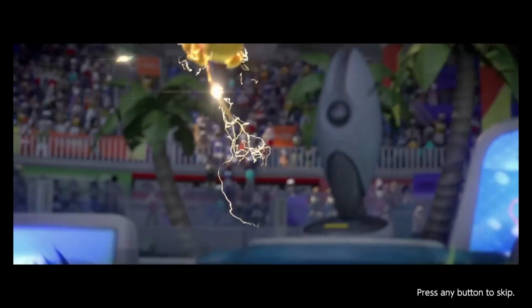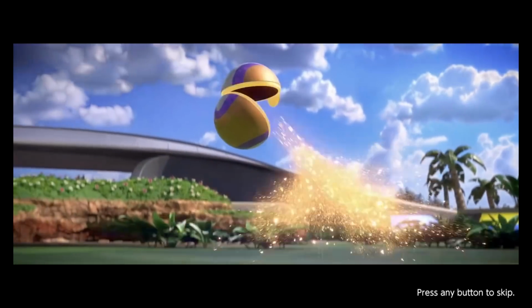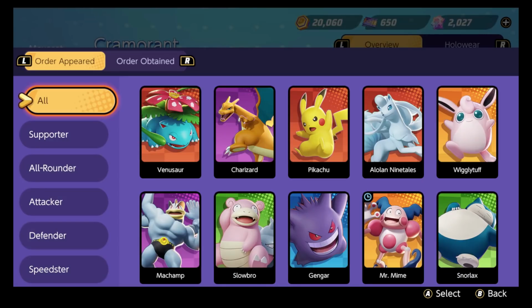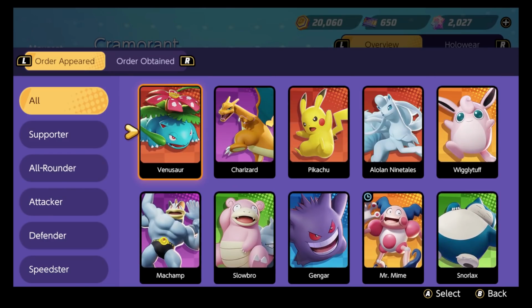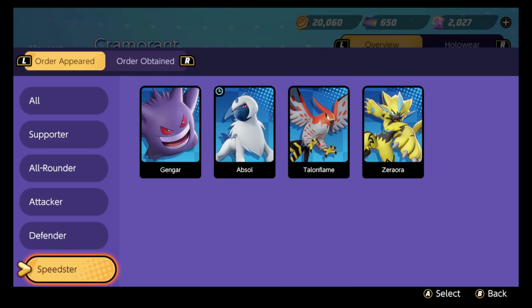Before you can earn your Boulder badge and take on Brock, we need to know what we're doing with our Pokemon. Pokemon are divided into 5 categories, known as roles. In Pokemon games in the past, you needed to know type advantages. In this Pokemon game, you need to know what your job is. The 5 roles are Supporter, All-Rounder, Attacker, Defender, and Speedster, and each one serves an important purpose inside of a